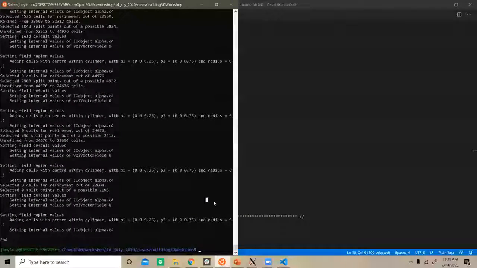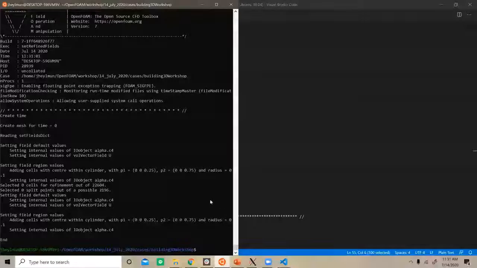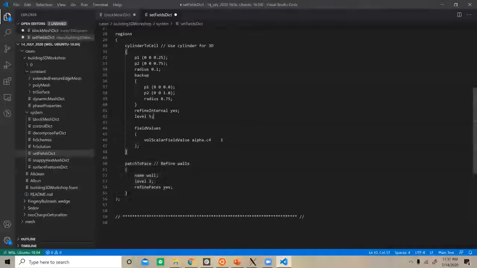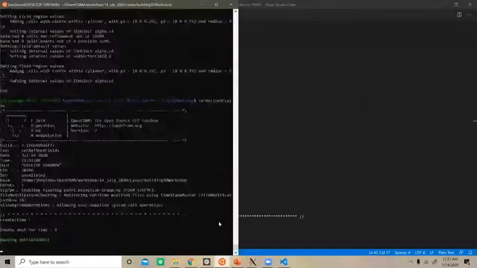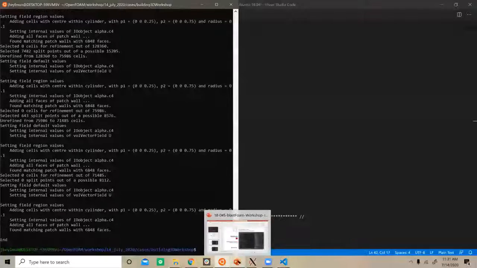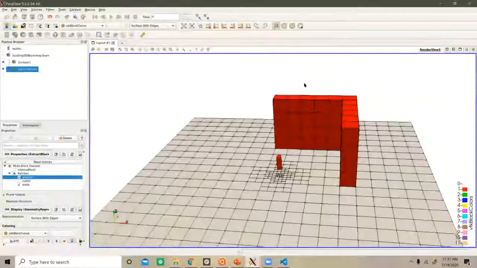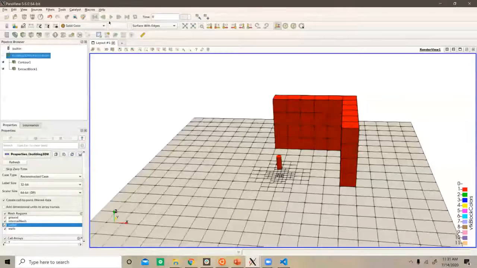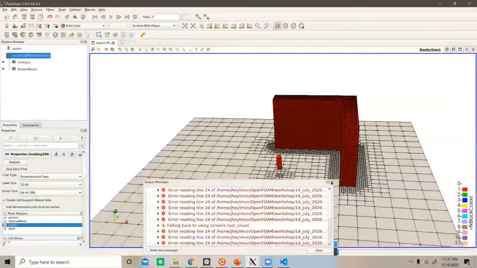And what this will do, did not work. There we go. It'll select all those faces on the patch here. And we can refresh this, go back, and it'll add that additional